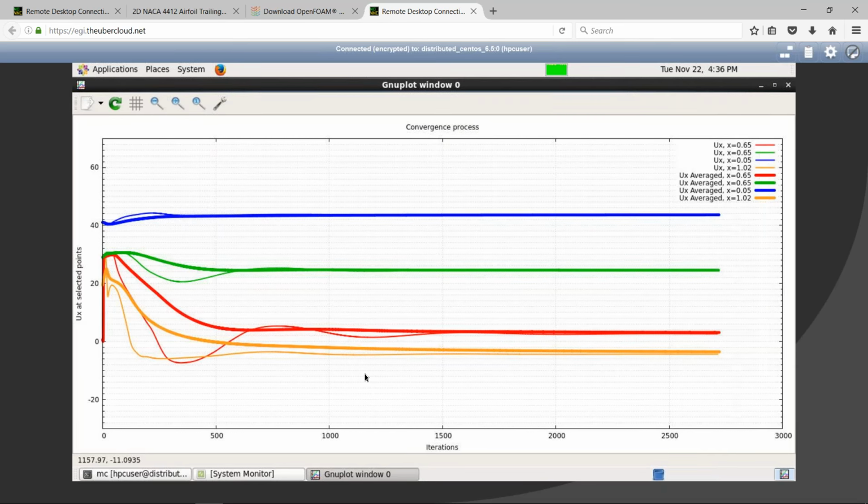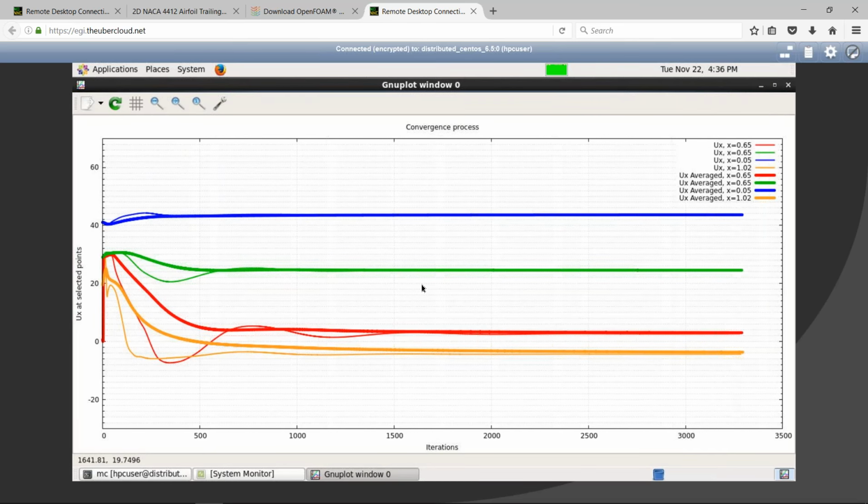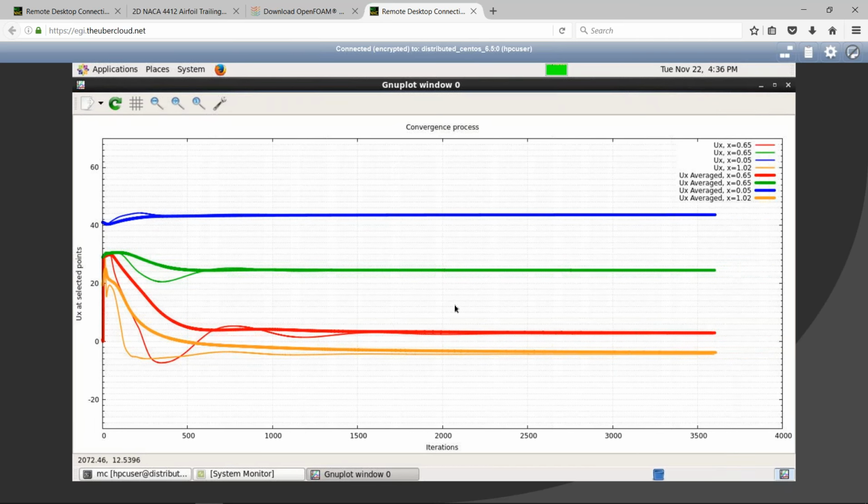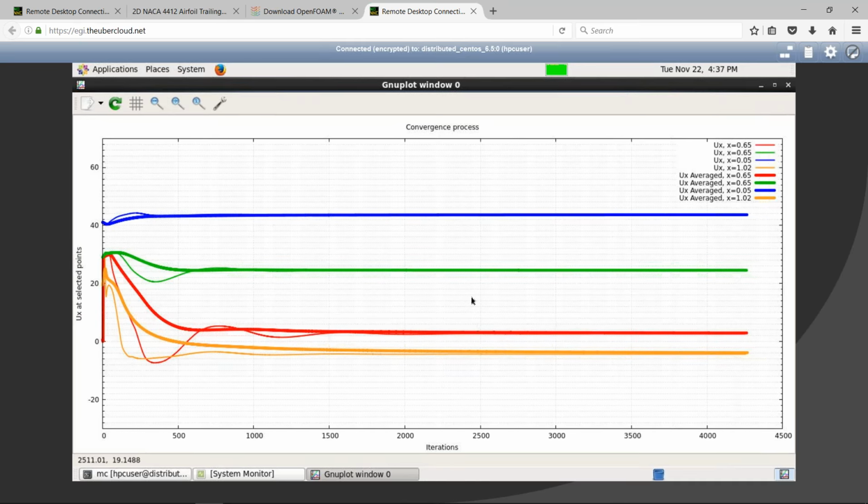Yeah, I can immediately watch the results, or I can perhaps wait till the simulation is finished, and then I will check the results in ParaView and also in the plot of GNUplot. Okay, so the simulation is running. I can do whatever I can do on my standard computer. So yeah, a couple of seconds